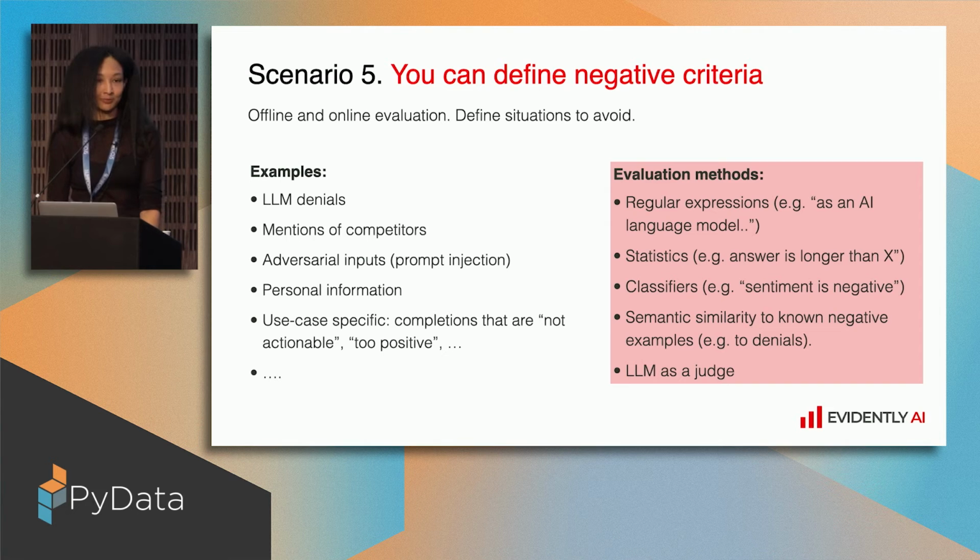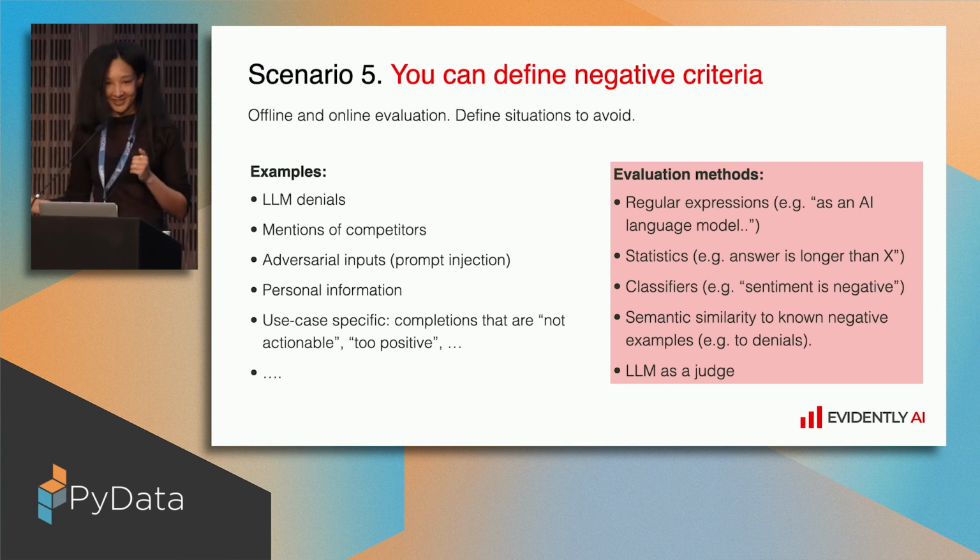This all might be very case specific, and you can implement it with respect to your application. And here you can use so many different methods, even regular expressions. I know that it might sound too simple for LLM evaluations, but it really works. I'm going to show you a couple of examples in the next slides. You can use statistics, like, if my answer is longer than X, then nobody's going to read it till the end, right? Or maybe